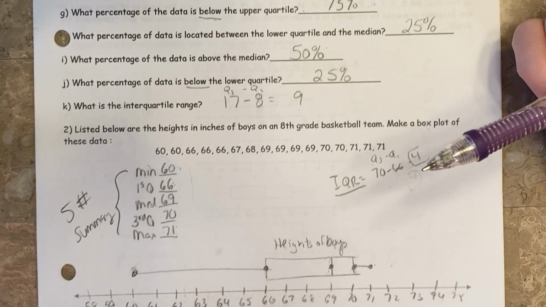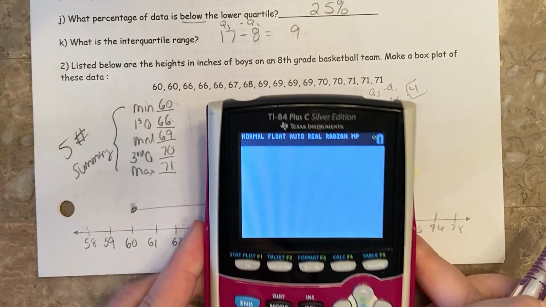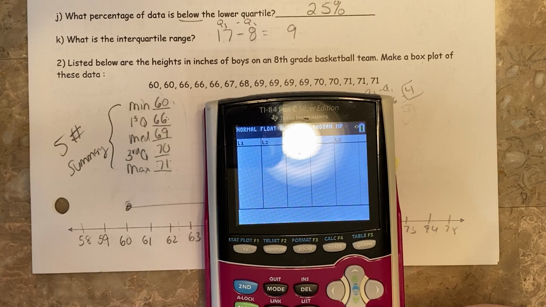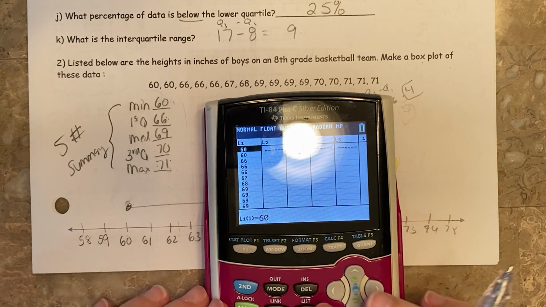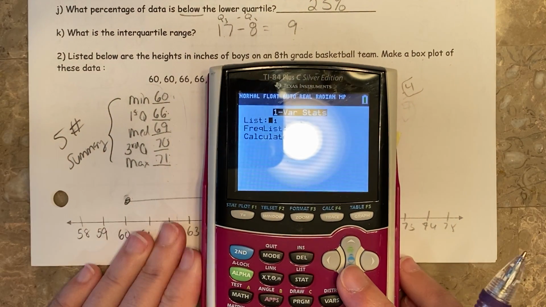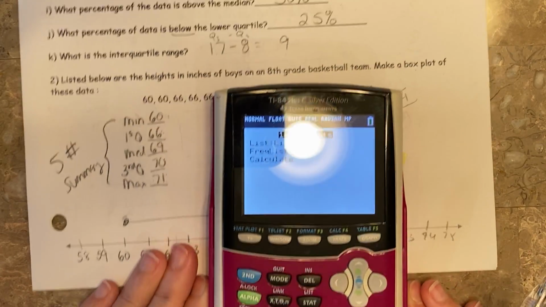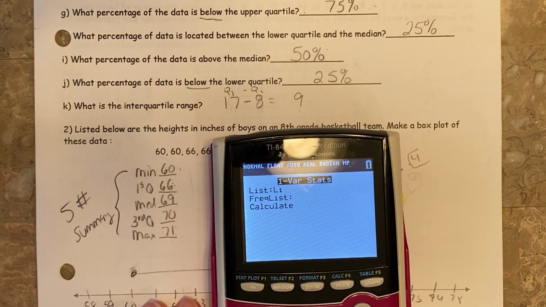All right, question number 2, you had to construct one yourself. Again, you can do it on the calculator. The Regents is okay with that. So just go to stat 1, put all the numbers in, that's what I did, and then stat calc 1 again, because one variable stats, that means you and I vary it. That's what we're working on. And let's see, press enter